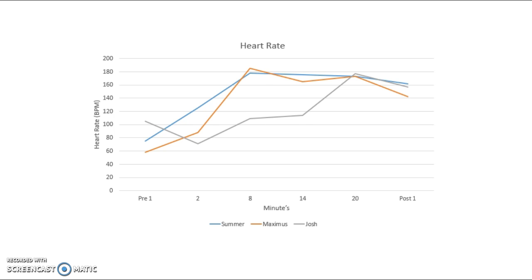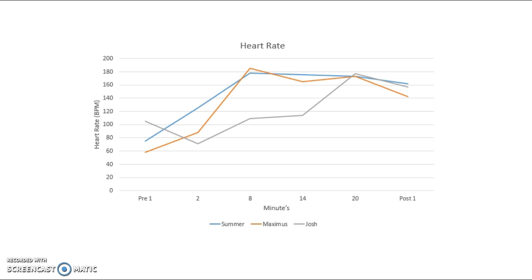This isn't the only part of data from Josh, as his heart rate before starting exercise is at 105, which isn't normal for us. Summer and Max's are very similar to the normative data, especially Summer's. This is because at the start of the exercise, for the normative data, their heart rates tend to increase steadily at the start, and then around halfway, the heart rate starts to plateau,